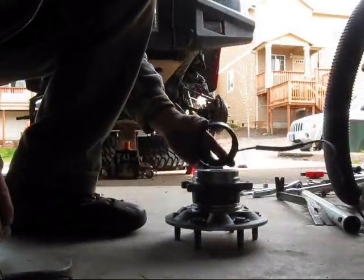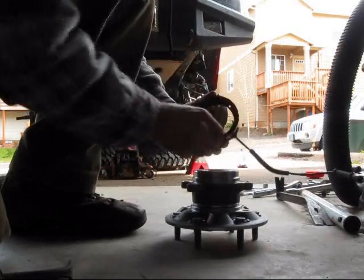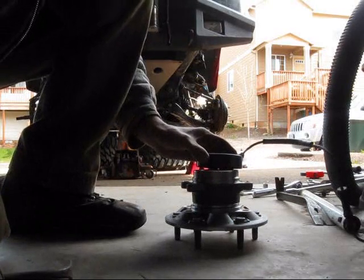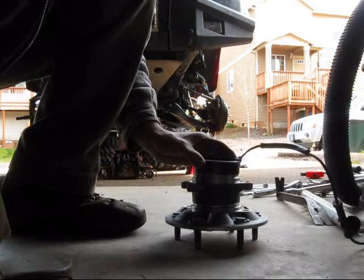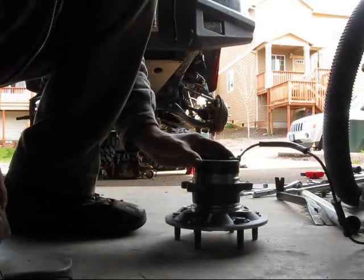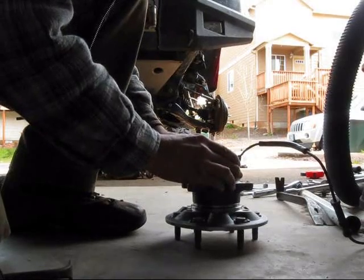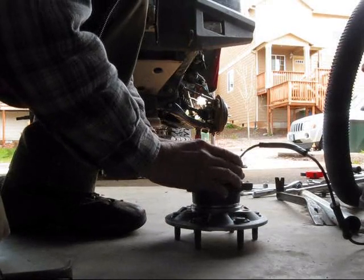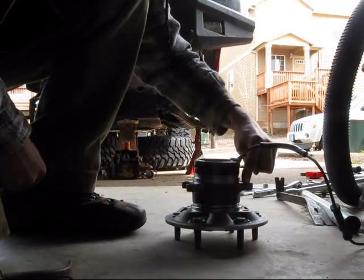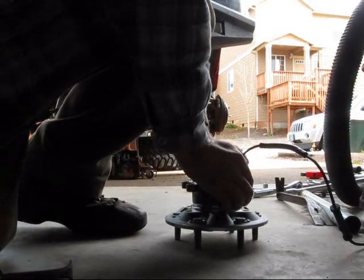Alright, so now we're going to put the speed sensor on the hub and make sure that this is all clean in here, and this ridge here is all super clean. This is going to take a little bit of patience, but you don't want to botch this, because imagine getting this thing off a new hub is going to be pretty tough. So you definitely want to get it right the first time. Just set it on there, getting the wire between these two bolts, press it down,